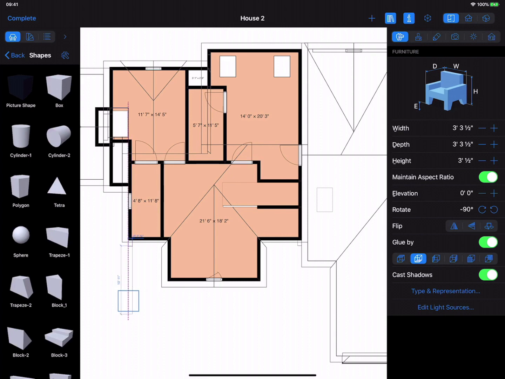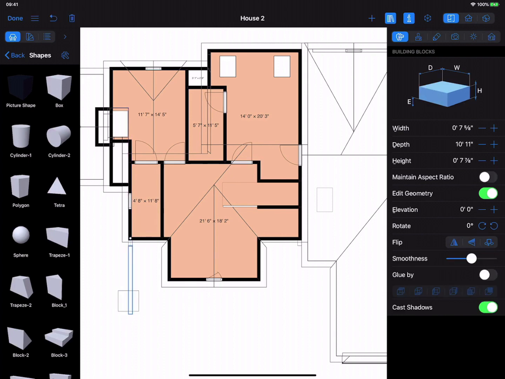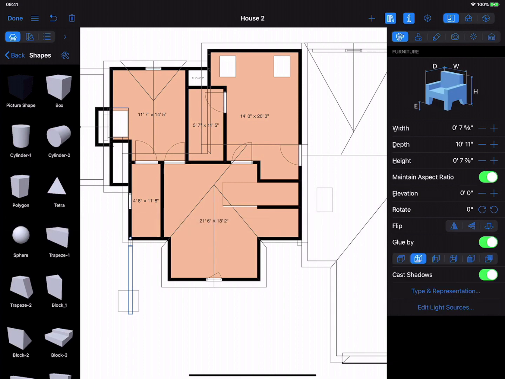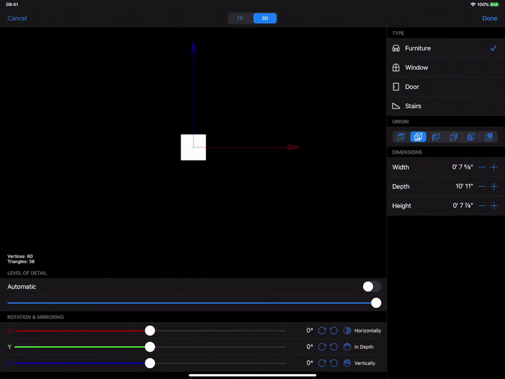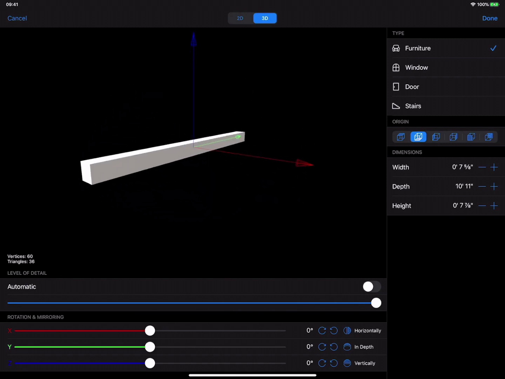Such beams can be rotated with the help of Types and Representation dialog. Note that you need to perform the merge operation on these types of objects before they can be edited with the Type and Representation dialog. Using the technique described above, you can create decks of any complexity.